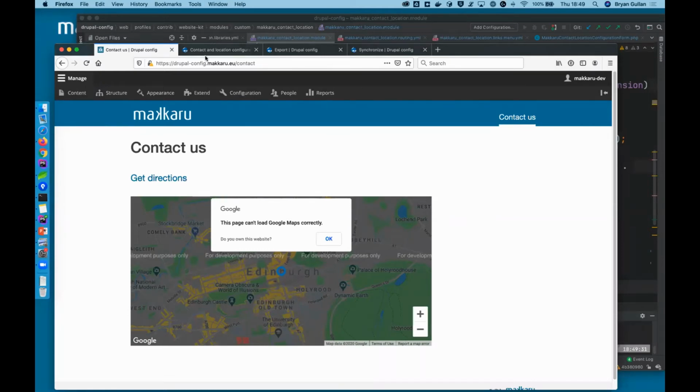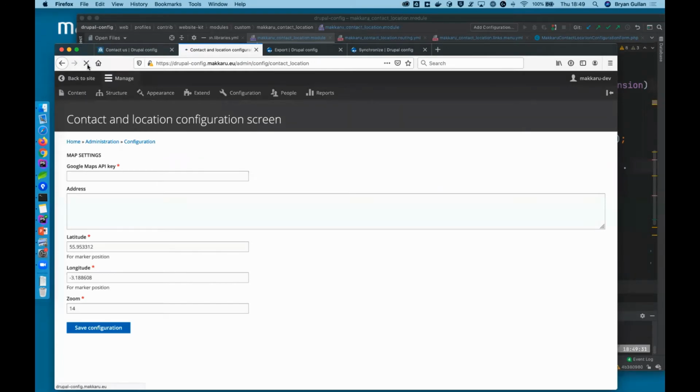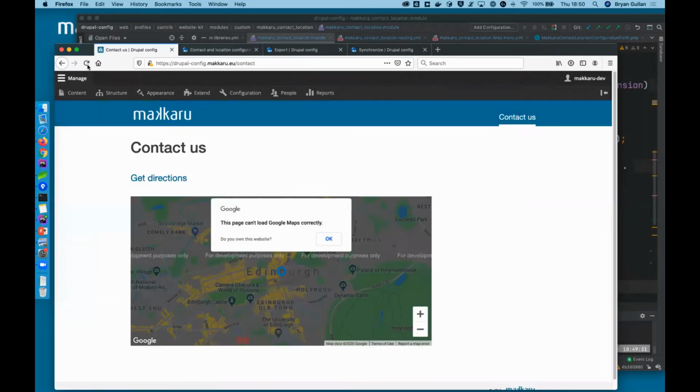And if I go to the path for our settings form, just reload that, you'll see here, right, no API key. So let's give it one, save configuration. One thing you might notice is what you would actually want to do within your form is have a nice confirmation message. We haven't got that, but it has saved. And if we reload this,